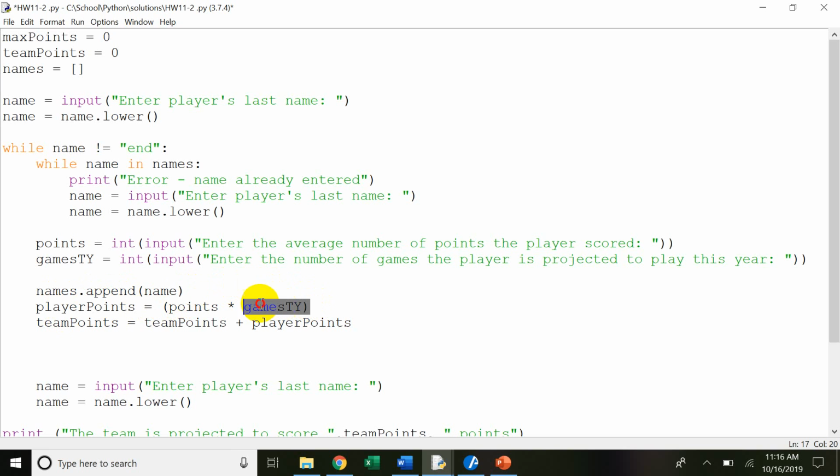I'm going to calculate the projected number of points the player scored and put it into the variable player points. And now I'm going to add the player points to the team points, because the job here is to calculate the projected number of points everybody in the team scored. Now that I've done that, aside from identifying the player who has the most points,